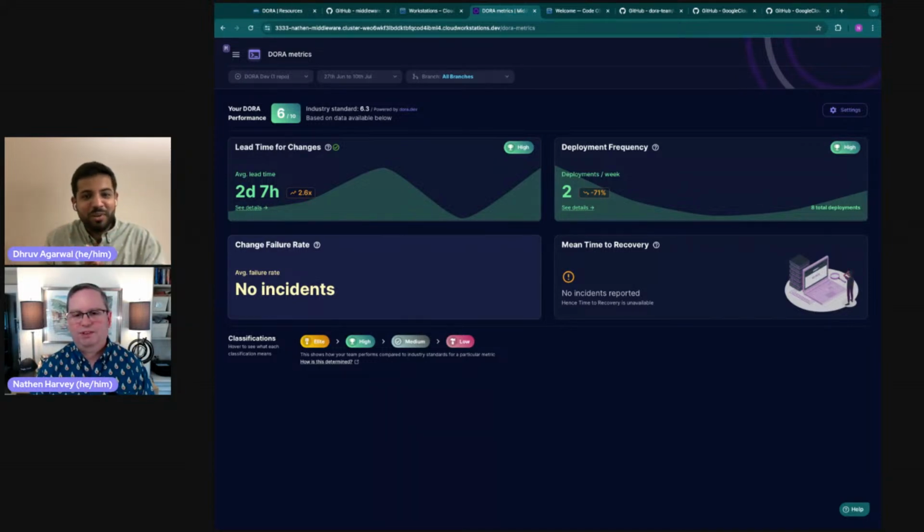So your DORA.dev is a perfectly smoothly moving ship. There are no reverts, and hence there are no failures. But maybe we can try more things where we can find out a revert, and then we can explore the stability metrics as well.